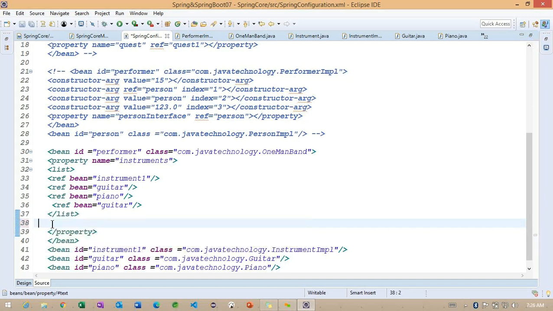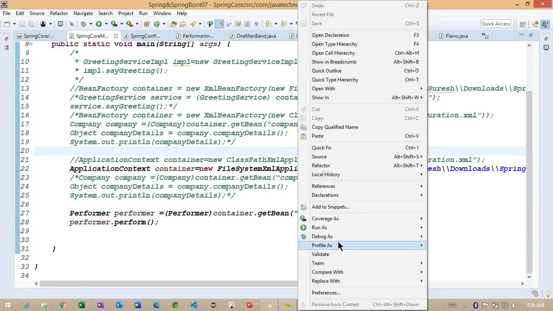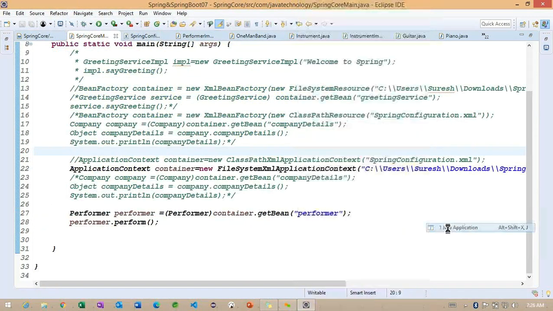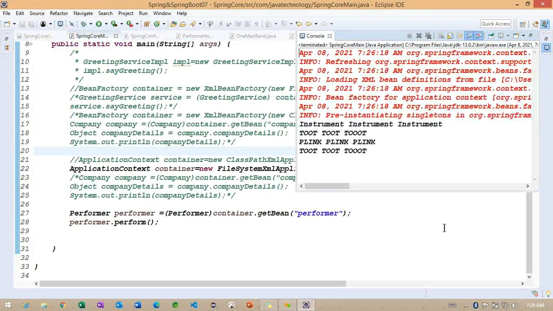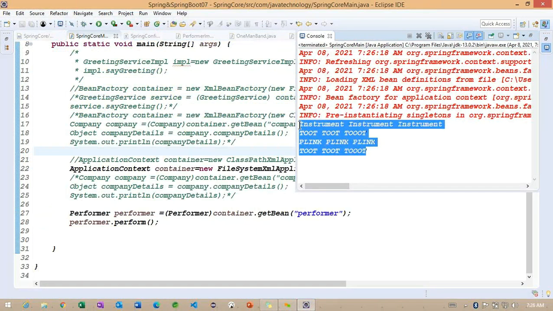To understand this set tag, first I need to run the same example one more time here. Now you can see, how many objects are we having? We are having 4. But basically, how many objects do we actually have? Actually, we are having only 3. Getting the point. We are having only 3 here.